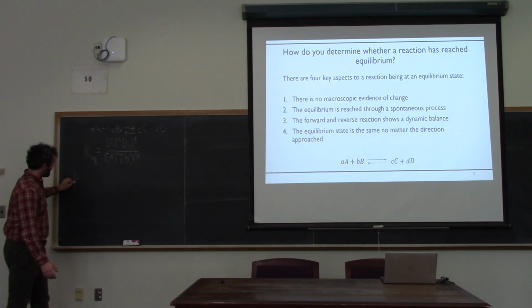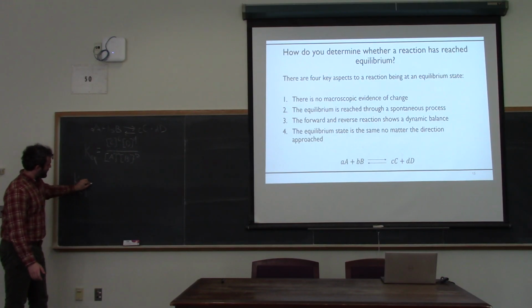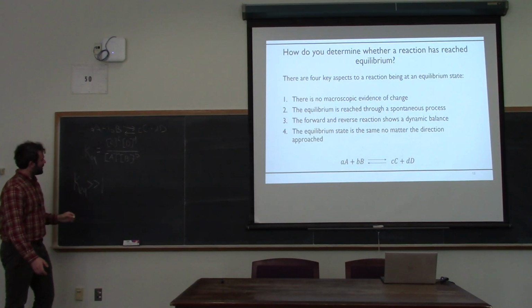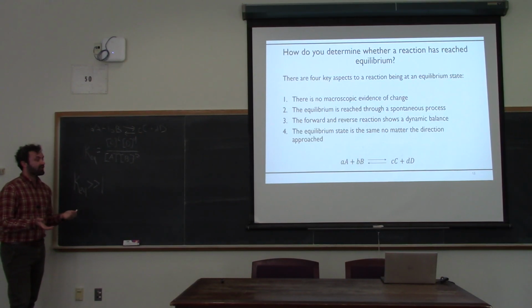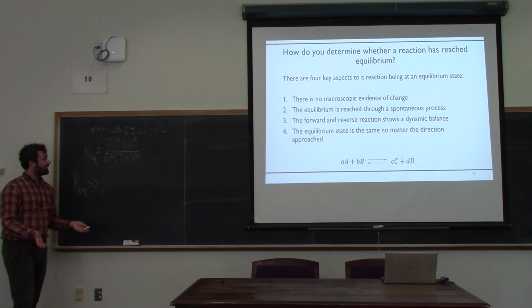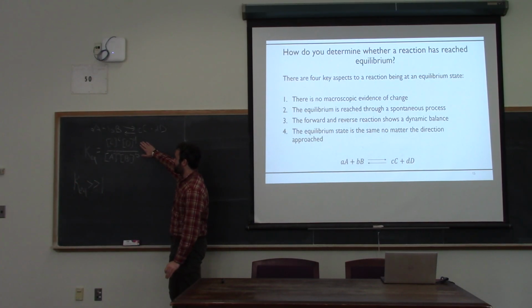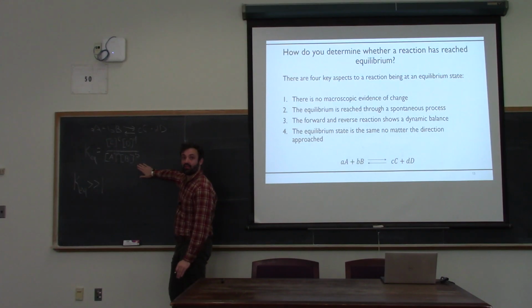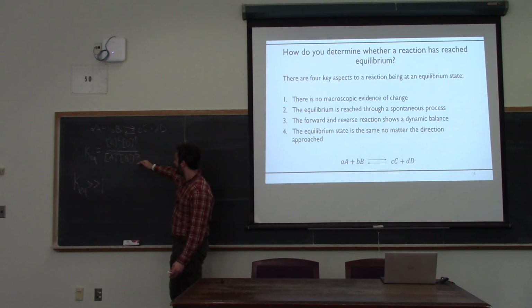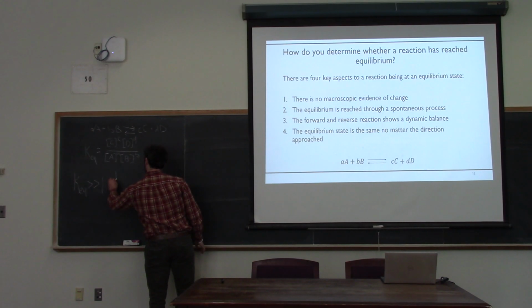If we have a KEQ that is much, much greater than 1, how would we determine whether this reaction is going to favor products or reactants? So let's take a moment and think here. We have our products as our numerator, our reactants as our denominator. If this fraction is much, much larger than 1, we would expect the products to be significantly more than the reactants, right? Because if this is a very large number and this is a very small number, it would be much, much greater than 1. And then vice versa,